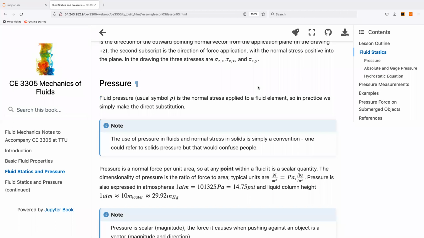So fluid pressure, its usual symbol is P, is the normal stress applied to a fluid element. So in practice, we typically just make a direct substitution. We drop the sigma because we want to save that for other things like surface tension and